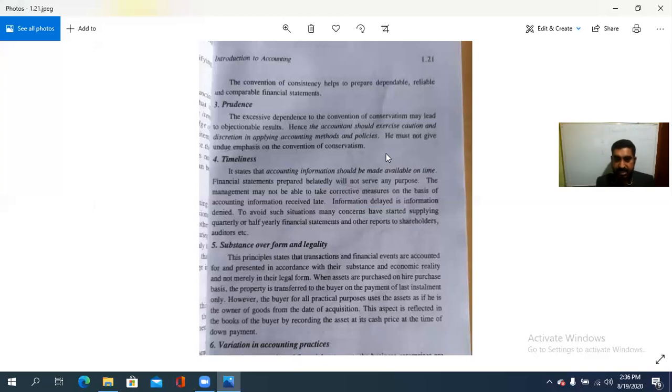When assets are purchased on hire purchase basis, the property is transferred to the buyer on the payment of the last installment. Correct, isn't it? On a hire purchase basis, when an asset is purchased, when does ownership pass? At the last payment of the installment. However, the buyer for all practical purposes uses the asset as if he is the owner of the goods from